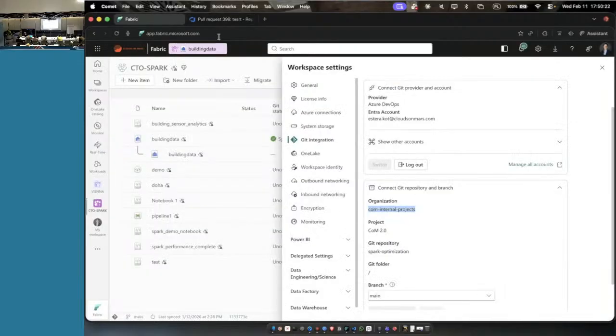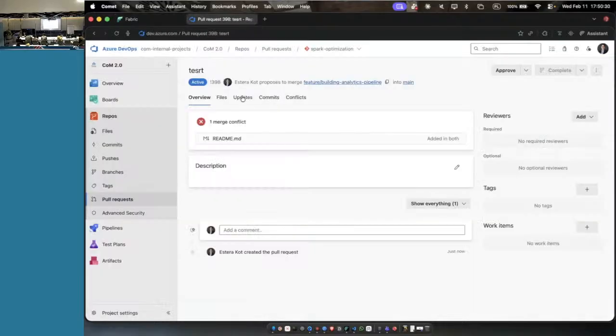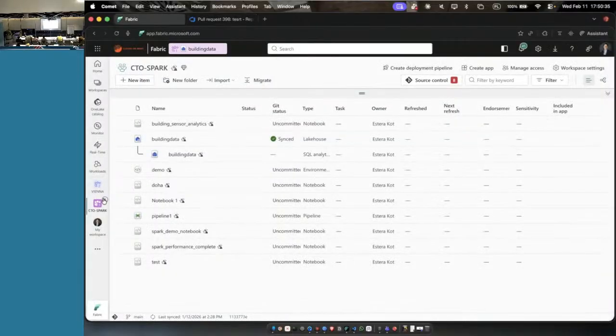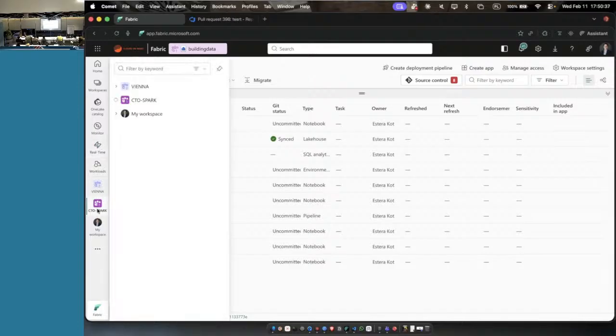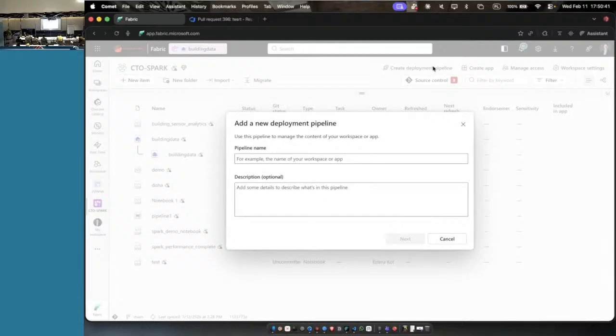But maybe I will switch. There is a merge conflict. In that case, I will do a trick. Maybe some of you will follow me. For those who know deployment pipeline.